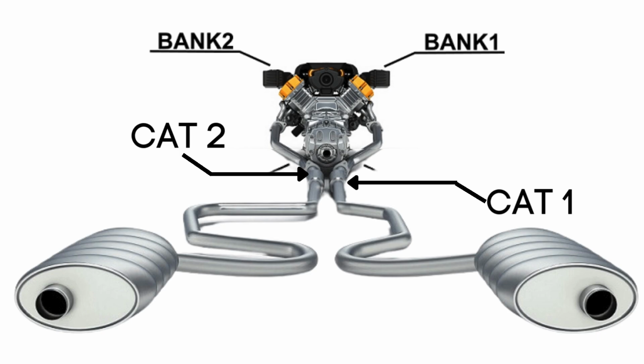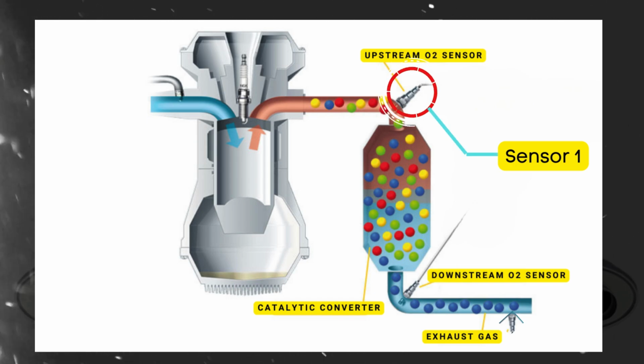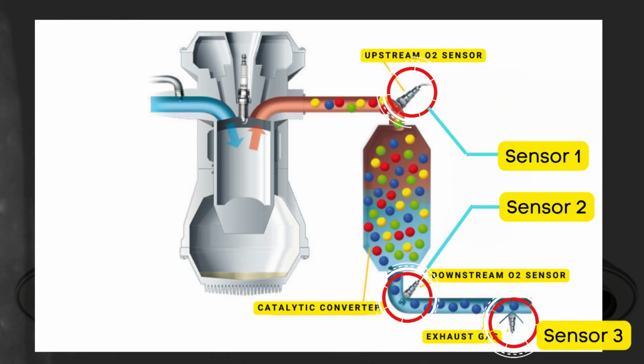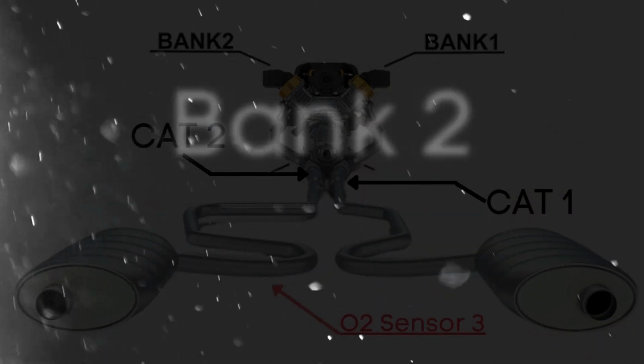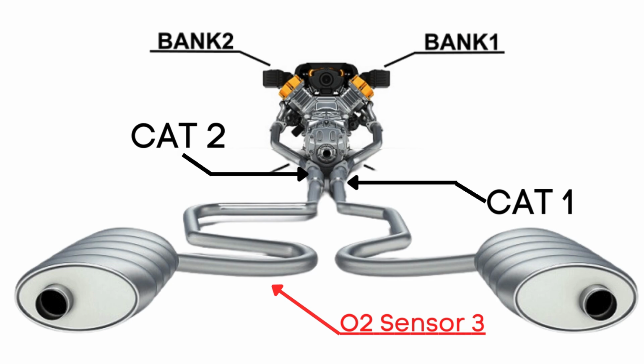Now, here's where the oxygen sensors come in. Each catalytic converter typically has 2 or 3 oxygen sensors. The upstream sensor, which we refer to as sensor 1, is positioned before the catalytic converter. Then, there's the downstream sensor, known as sensor 2, which is located after the catalytic converter. In some cases, there might even be a third oxygen sensor further downstream, positioned after sensor 2. So when we talk about Bank 2 Sensor 3, we're focusing on the third oxygen sensor that's downstream from the